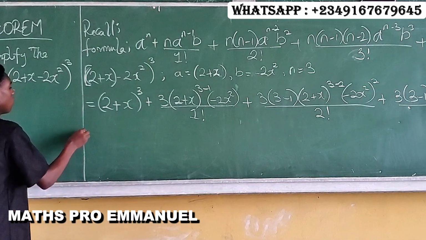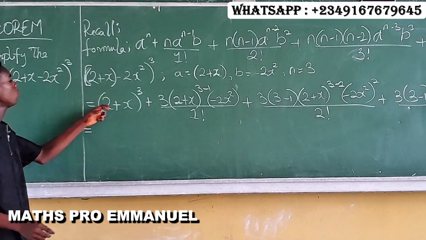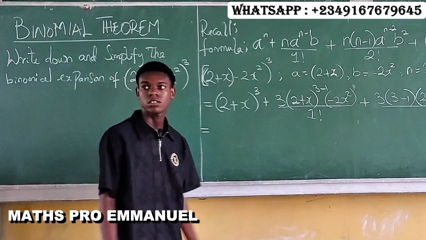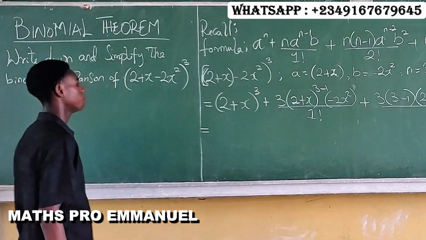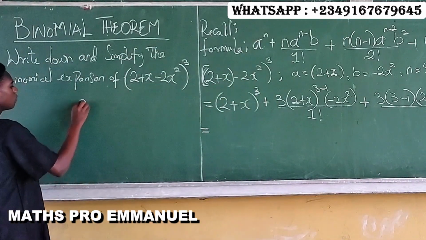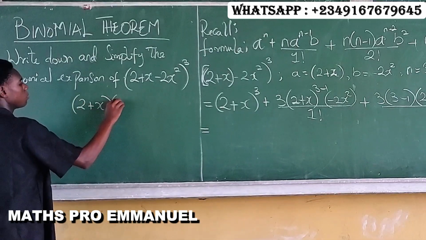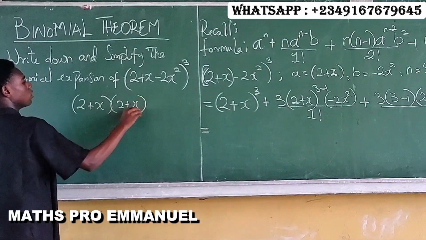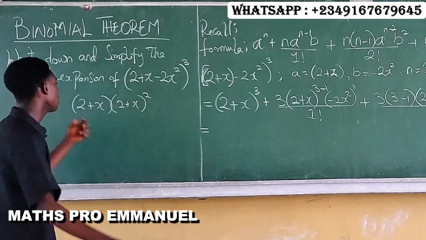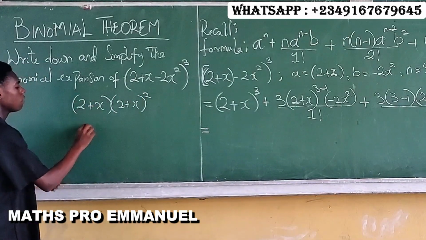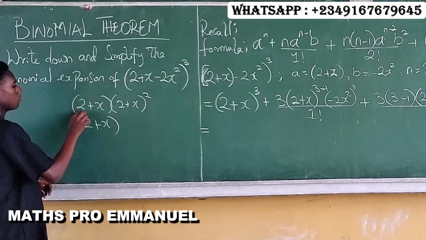Now let's continue. Now I have 2 plus x all raised to the power of 3. Let me simplify it here. It's the same thing as 2 plus x multiplied by 2 plus x all squared. Now if I simplify 2 plus x all squared, I'll have 2 plus x multiplied by 2 plus